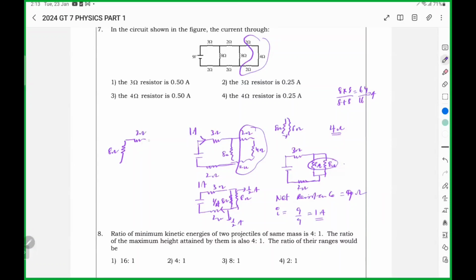Here 2, 8 ohms. 0.5 ampere current flows throughout the circuit, but this 8 ohms is obtained by